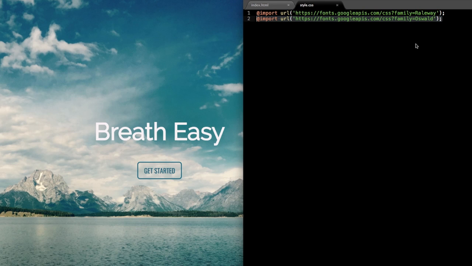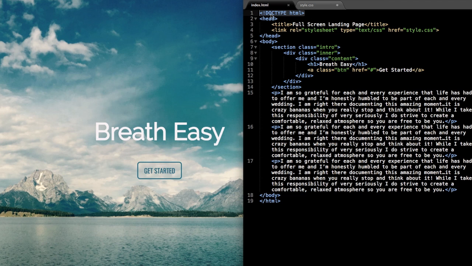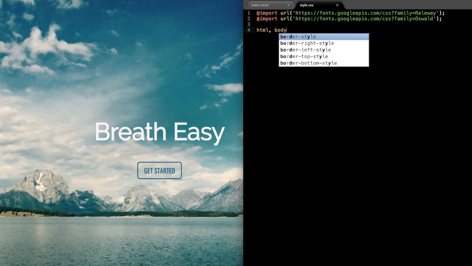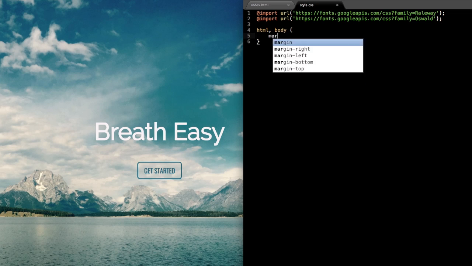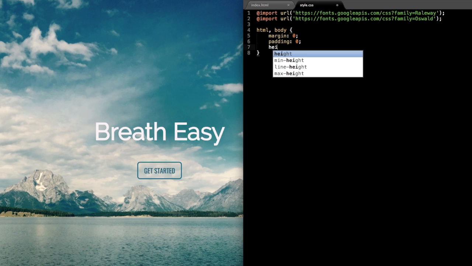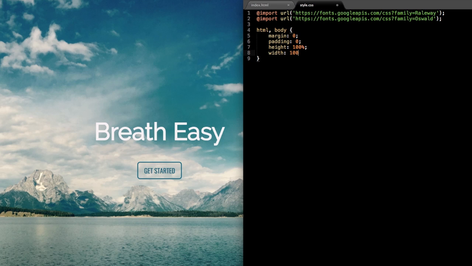let me just size this down a little bit and then we can drop down, and the first actual style that we're going to add here after the fonts is going to be for the HTML document itself and the body section. So this is called a reset style. This just gets rid of any inherent style that the web browser wants to put on the document. So we're going to get rid of any inherent margin by giving it margin 0, padding with padding 0, and we're going to make sure that the height and width of it is 100% of the browser, no matter where it displays, so the mountain and lake picture can display at 100% height and